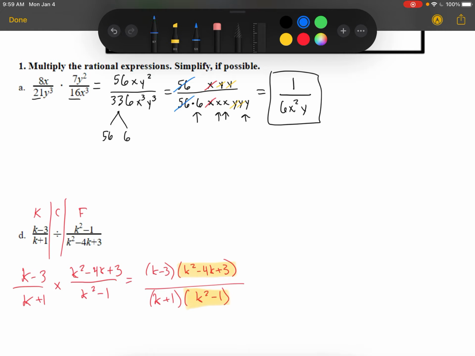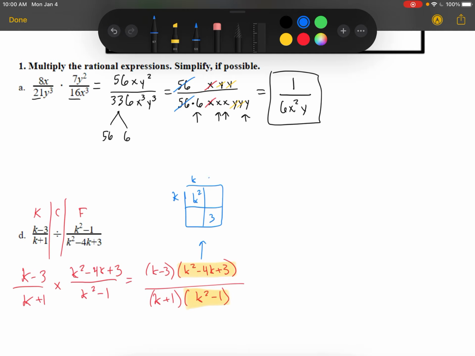Before we jump into that though, a quick reminder: getting to this step where we're at right now, that's the division step, that's the new skill. So if you're able to do the KCF and then do that next multiplication step, you're in good shape for this video. The next stuff, again, is review from last week. I want to make sure that we're still solid with those skills. So again, put this in your 2x2 box. We have our first term, we have our last term,